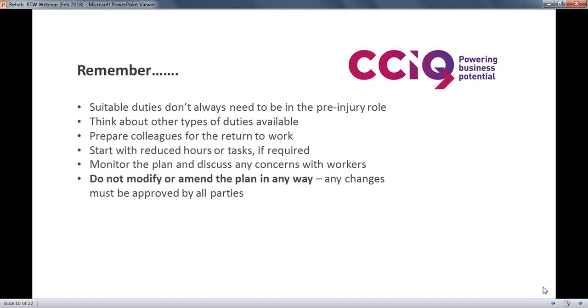So it's really important that if you've got a suitable duties plan in place, the person's been assessed by an occupational therapist, and the doctor has taken the occupational therapist's outcomes of the review and has agreed and signed, then this can't be modified or amended in any way,